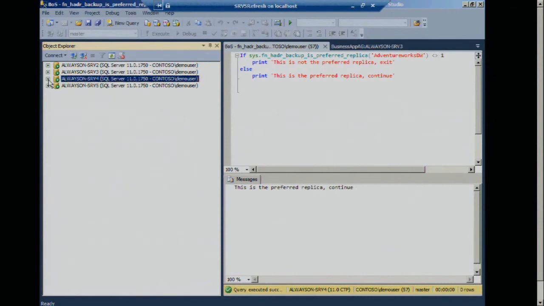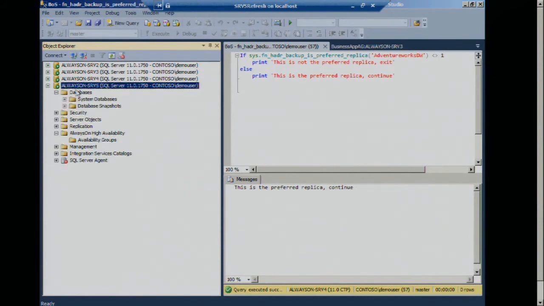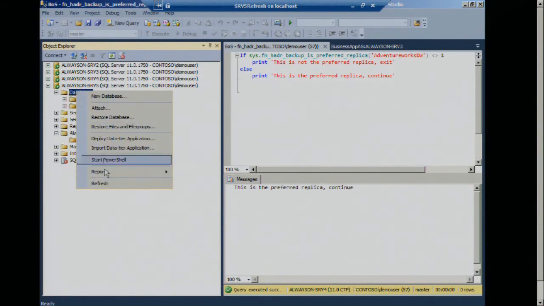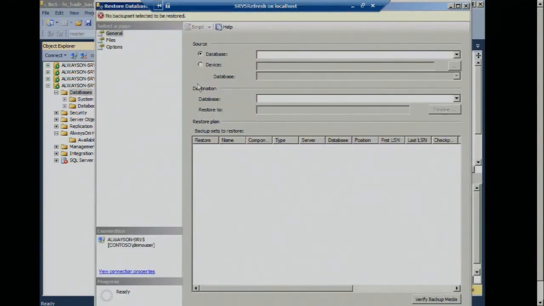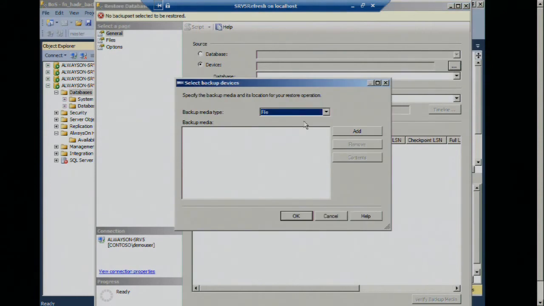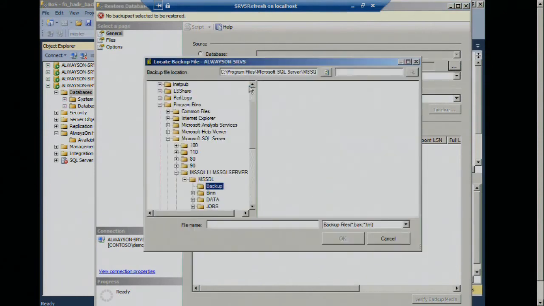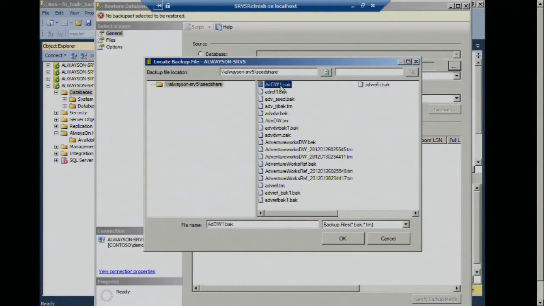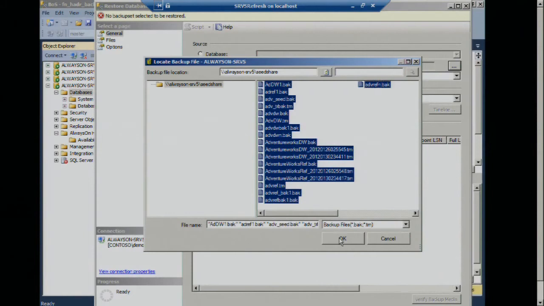Now let me go to my DR site, which doesn't have these databases, and let me restore it. To restore it, I'm going to go to the share which I had done, which is AlwaysOn SRv5 seed share, refresh. You see there are a bunch of backups. I'm just going to select all of them,